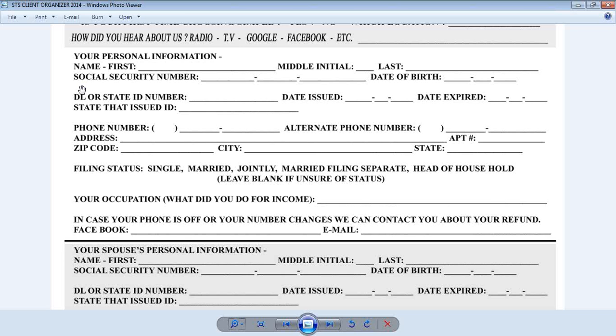It's very important that we get a copy of their identification just so we have it on file to make sure that we don't have any mistakes, and the IRS requires us to have it on file just to ensure that we did interact with the customer and it's maybe not stolen information and so on and so on. And we want to have those source documents just in case there's an error at any point on their tax return. We can pull up that client organizer as well as the actual copied Social Security card or identification